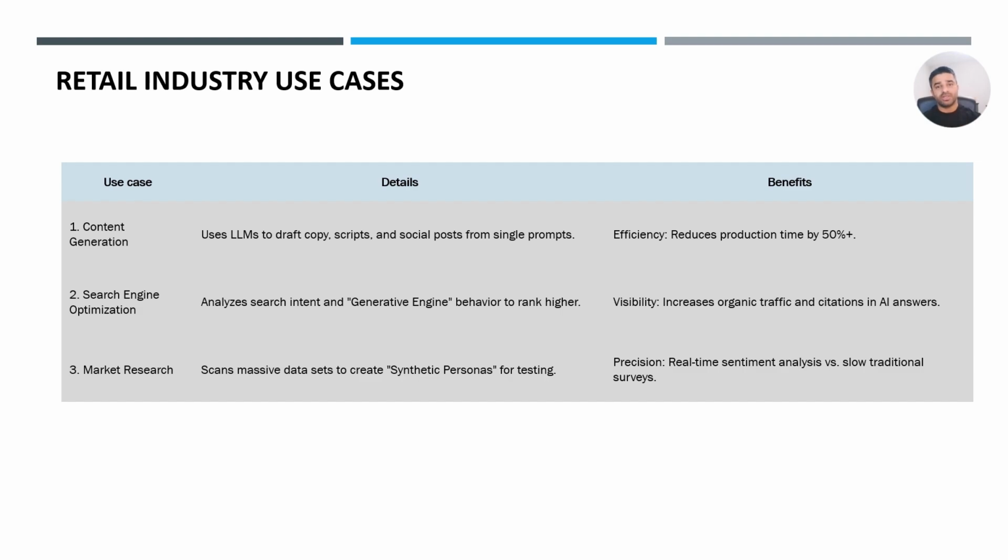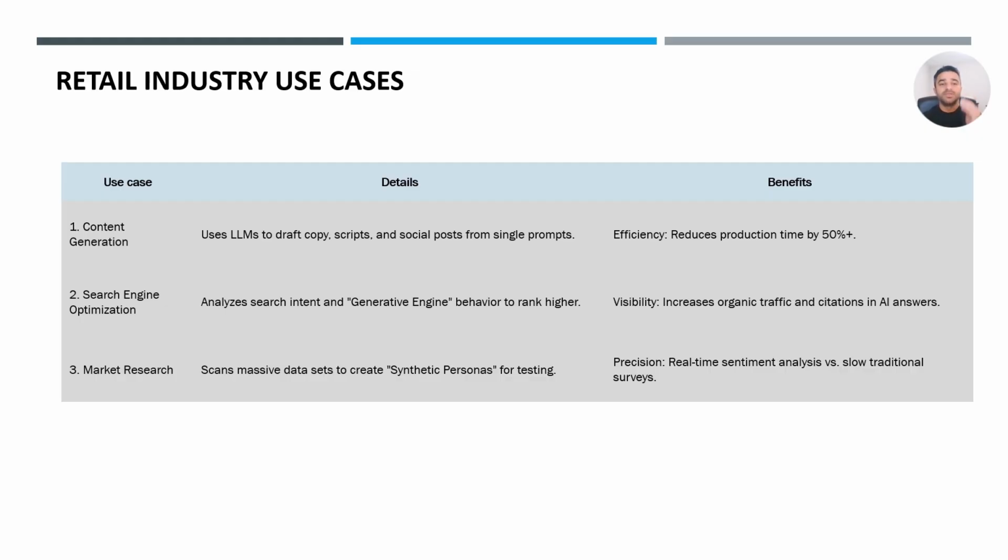Next up, being noticed online. We used to spend all our time trying to trick the search engine with specific keywords, but that does not really work anymore. Today is all about being helpful. Generative AI tools are incredible at looking at what people are actually asking, then showing you how to answer those questions better than anyone else. When you stop worrying about the algorithm and start focusing on being the best answer on the web, your traffic starts to take care of itself.